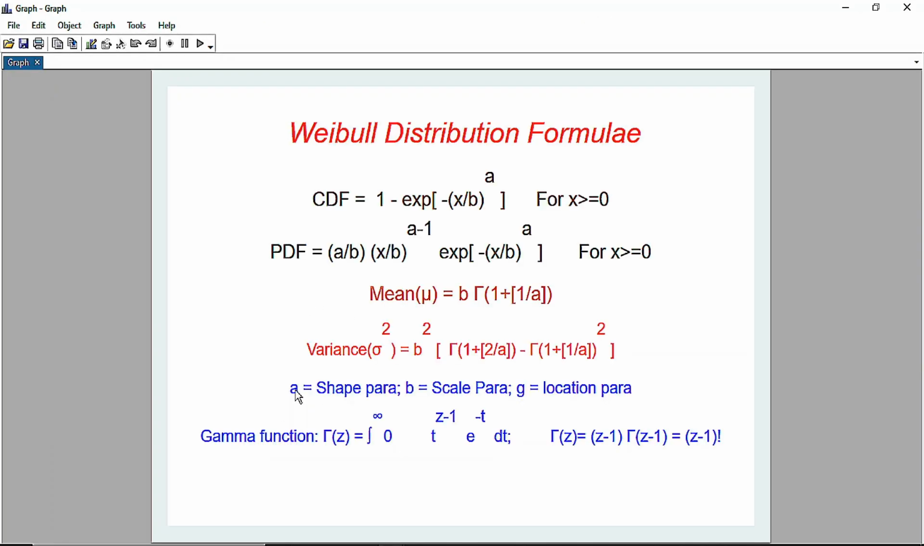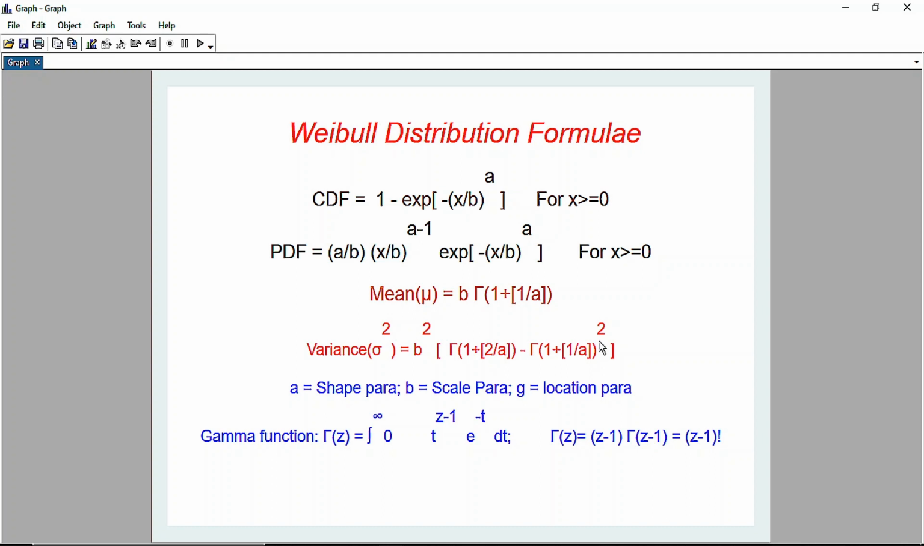So the Weibull distribution is a function of three parameters: a is the shape parameter, b is the scale parameter, and z is the location parameter. The location parameter comes as the deviation with our variable x. Mean is equal to b into gamma of 1 plus 1 divided by a, and variance is equal to b square into gamma of 1 plus 2 by a minus gamma of 1 plus 1 by a, the whole squared,